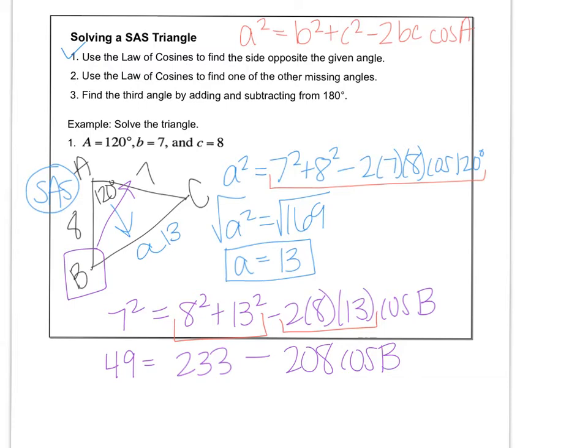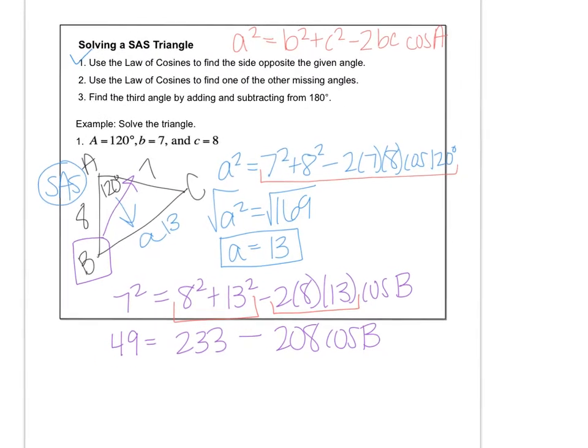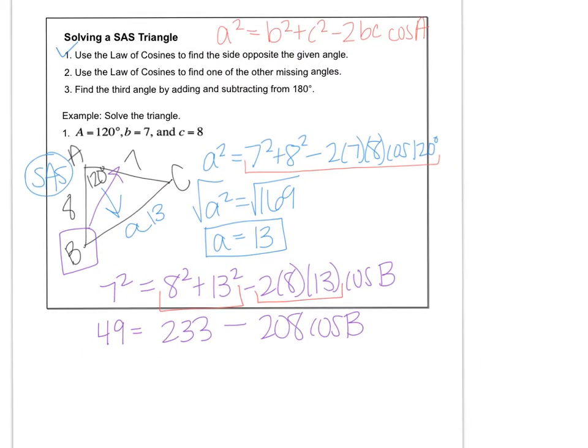So now you need to really make sure you're using your algebra. The algebraic step I should be taking here is to subtract the 233 first. That's what's farthest away from b. We're trying to get into b now, so I'm going to get negative 208 cosine b equal to negative 184, and then I have to divide